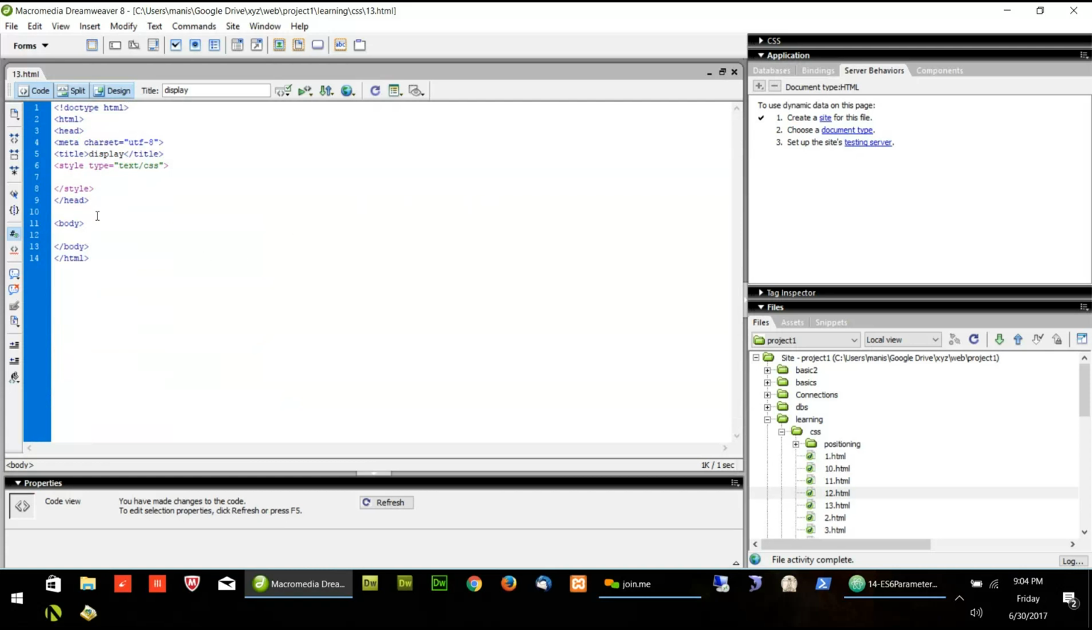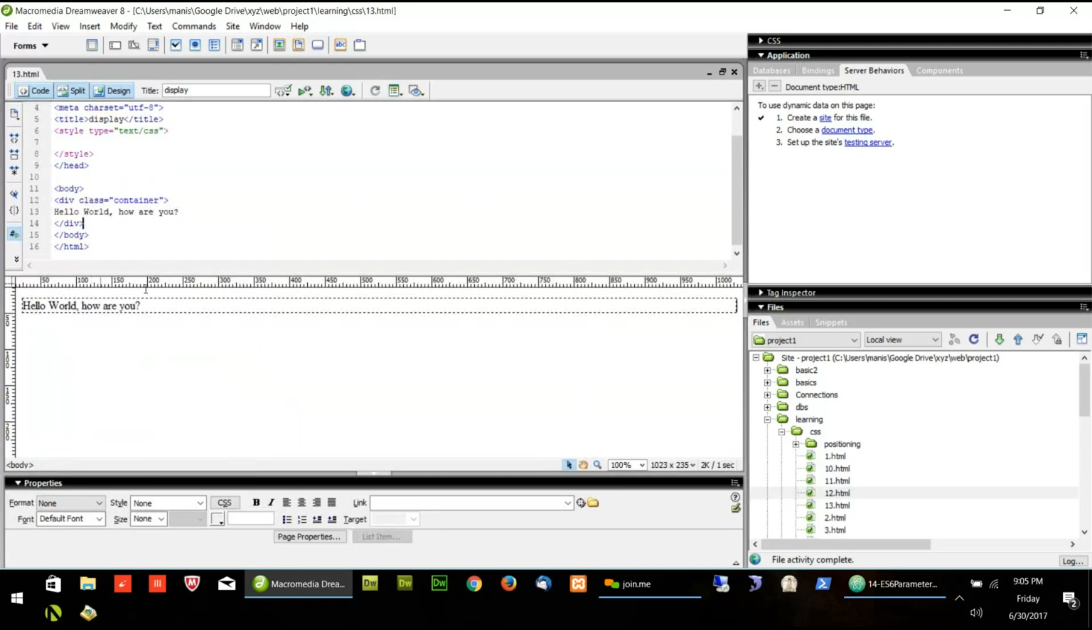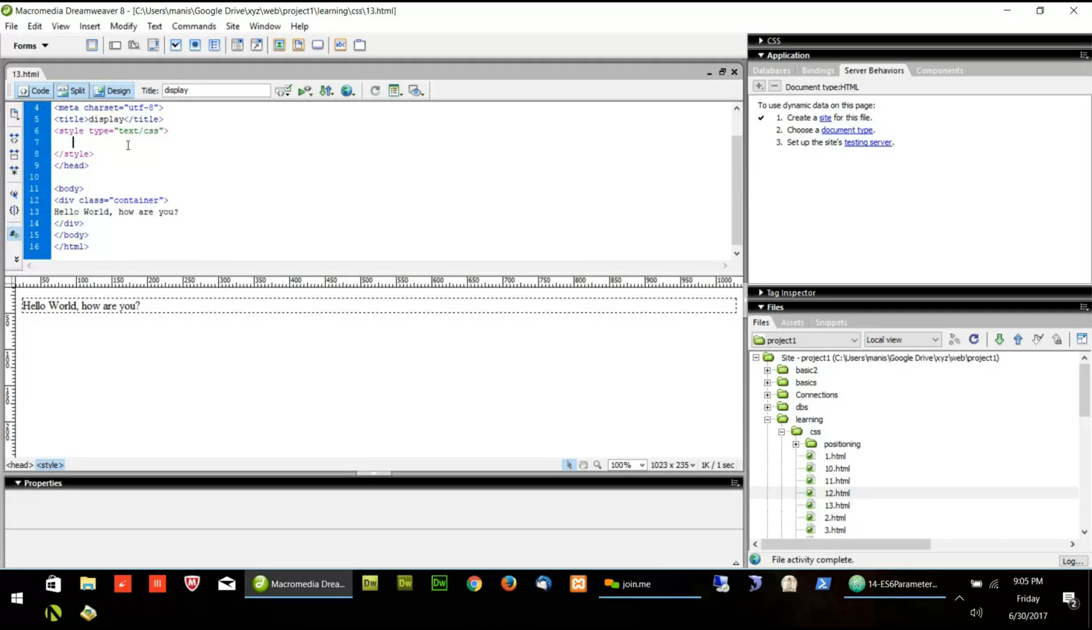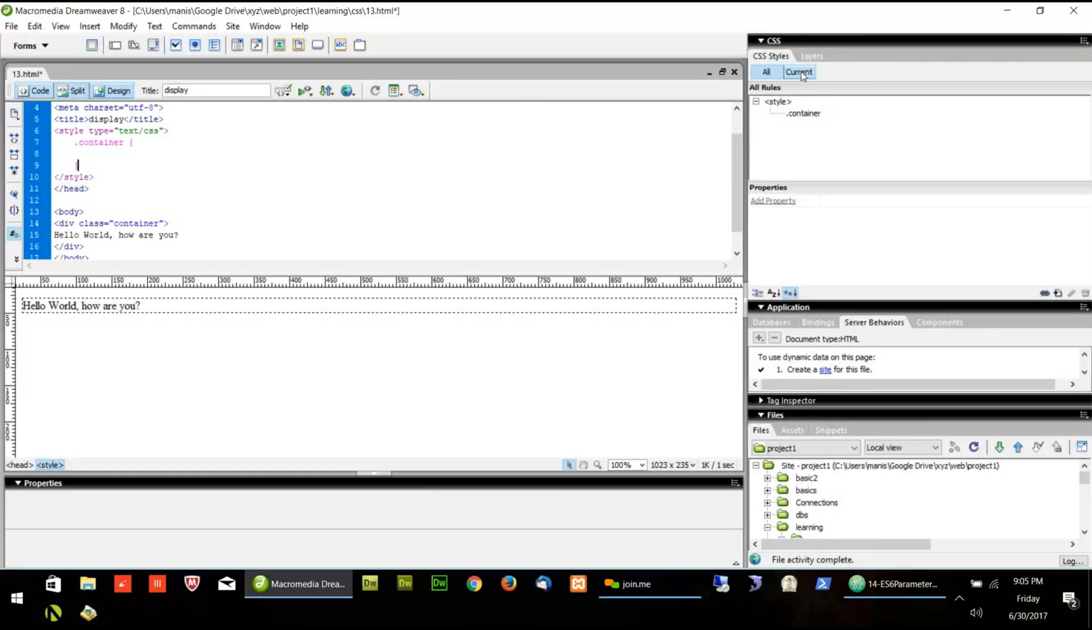So let's create a div. I'll give the class to the div, for example, container, and I will put some text on it. Hello world, how are you? I'll put some content on this div, and here I will give some class to container, and we'll see some different properties of the CSS and some additional properties. And I'll go to the CSS panel and click the plus new rule,